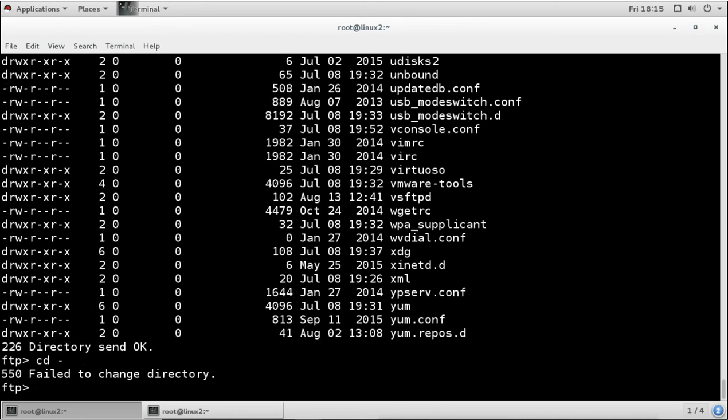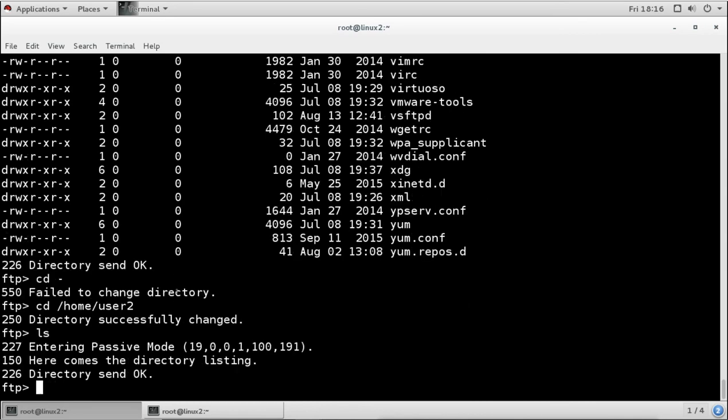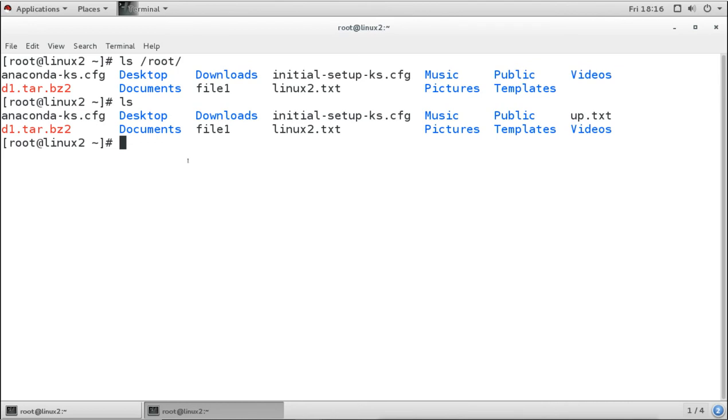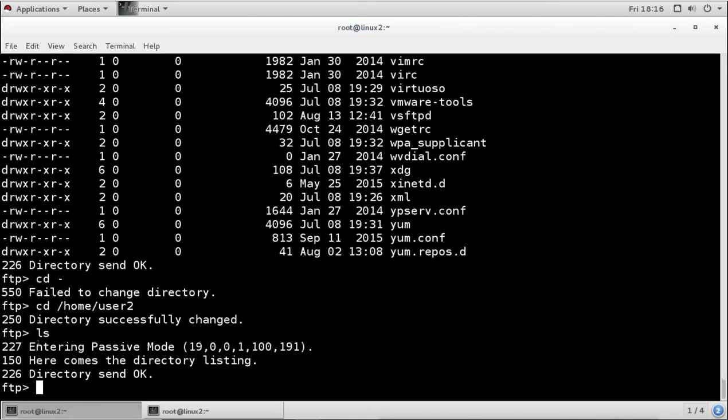Then what we have to do is go to another terminal to see the files of the local machine, or if we want to run some command on the local machine, then we have to open another terminal, because when you are logged into the FTP server,